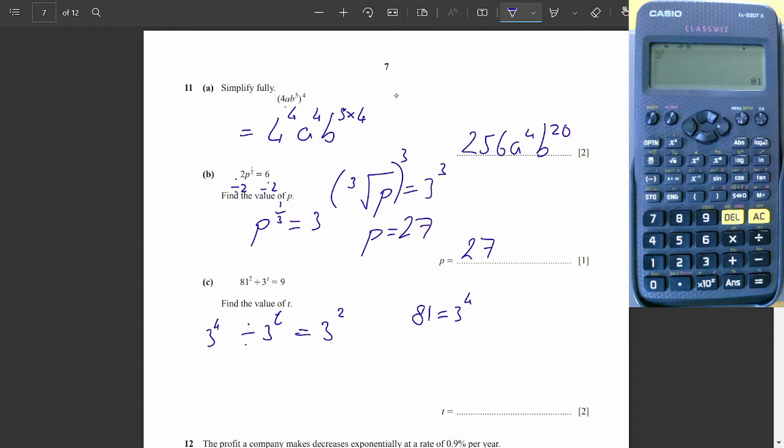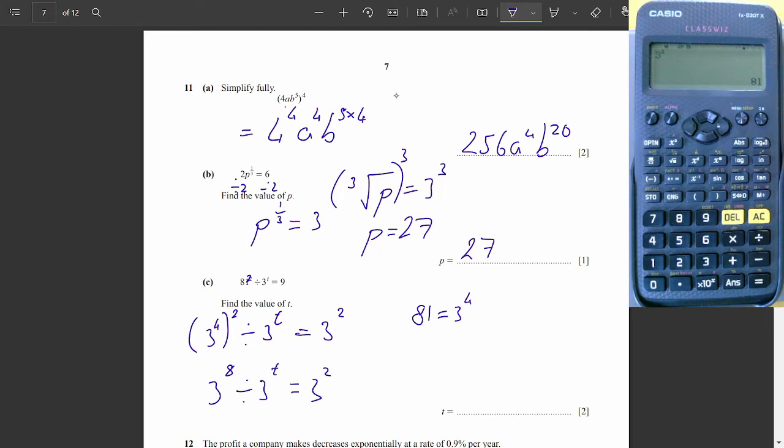But be careful, there's already a square. So what we're actually doing, we're writing 81 is 3 to the power of 4, but that still needs to be squared. And we've got a power to a power, just like in question A, we need to multiply them together. So that means we've got 3 to the power of 8 divided by 3 to the power of t